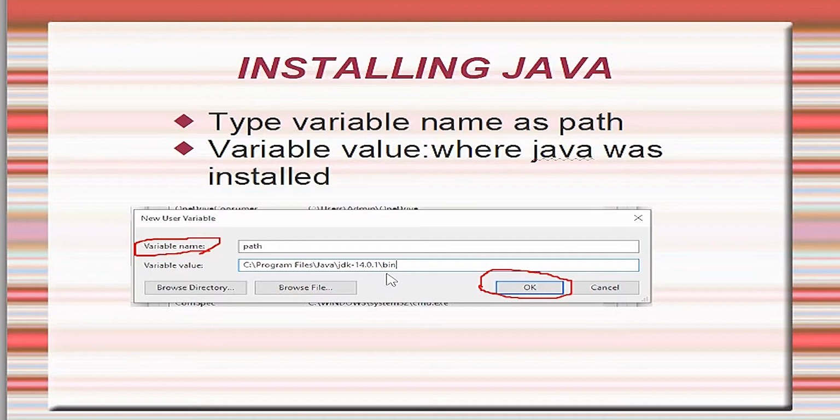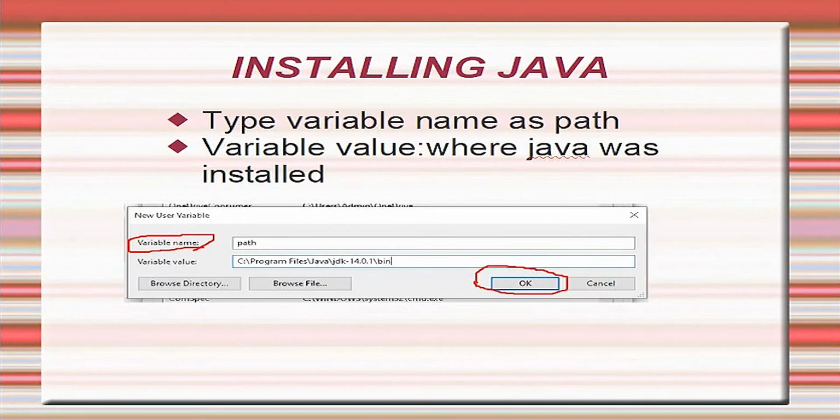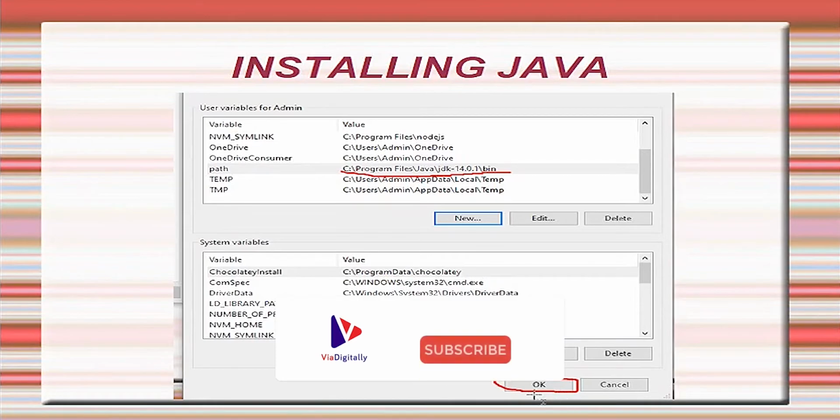When I type javac, our Windows machine will search in this folder to find what javac has to do. So write the variable value as C program files, Java, JDK and bin, and click on the OK button. Next, here OK.